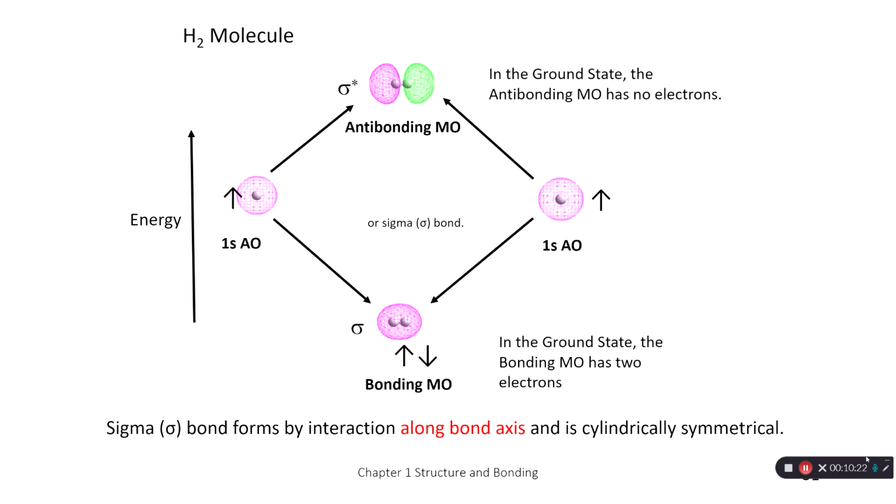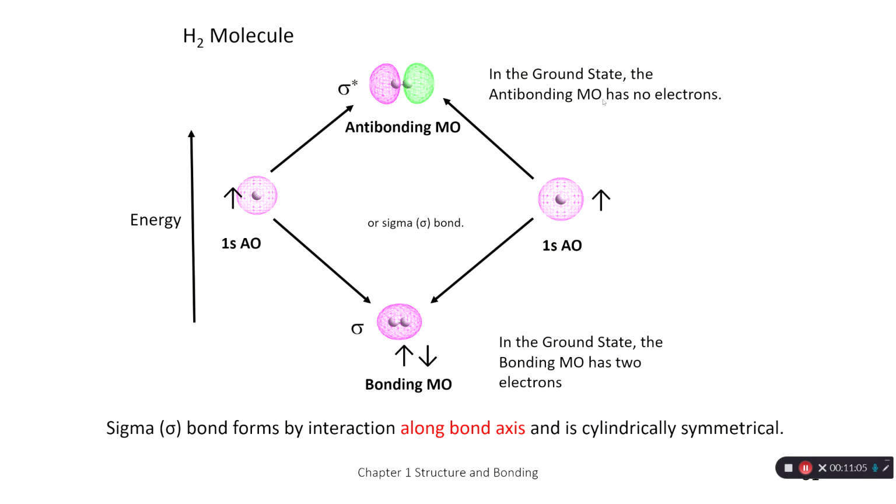So here is an energy diagram of that situation we were just talking about, the formation of a bonding MO and an anti-bonding MO. We have a 1s atomic orbital combining with another 1s atomic orbital. This is energy in this direction. When they come together, they're going to form two molecular orbitals, because there's two atomic orbitals. One of them is going to be bonding, and you can see that here. That is, the electron density lies right between the two nuclei. And then there's also going to be the anti-bonding molecular orbital, which is going to be higher energy, as you would expect. And that means the electron density is away from the two nuclei,